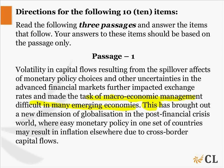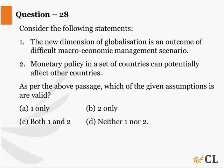So in that light, if I look at the second statement, it says the monetary policy in a set of countries can potentially affect other countries. So yes, definitely I can say it can potentially affect other countries. So the answer for this should be both 1 and 2, which is Charlie. So answer should be 28th Charlie. Okay, so I hope that's okay, Kavita. And I now move to 30th, because after 28 I got a request for 30, so let's move to 30, which says,